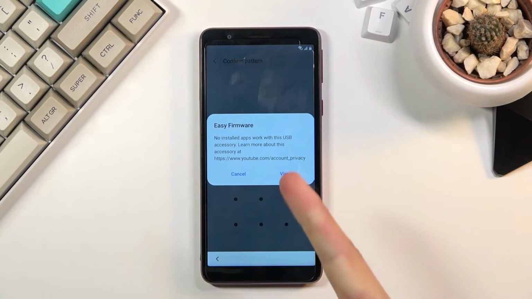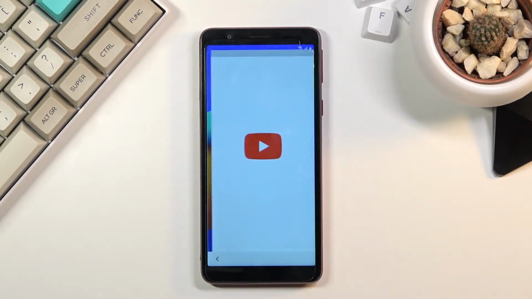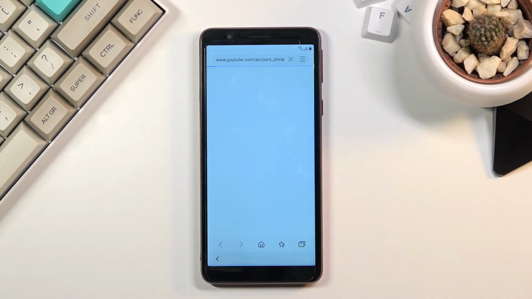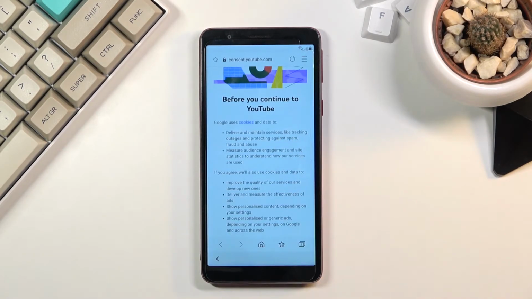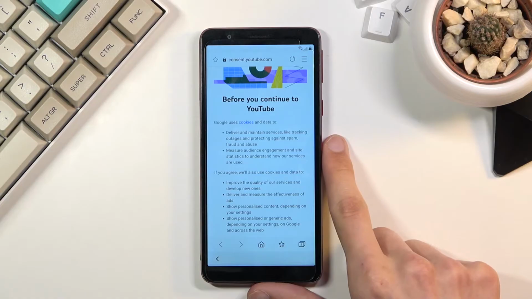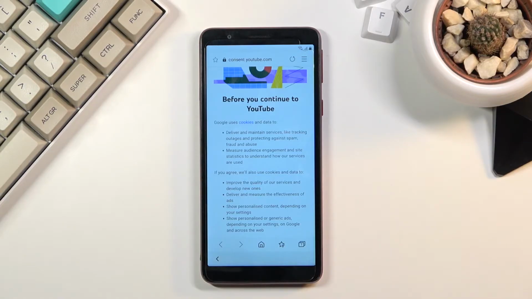Now continuing, once you see this pop-up right here, all we need to do is select view, which will open up either YouTube or web browser. Okay, there we go. So it'll open up web browser. Now I'll mention that if for some reason it opens up YouTube, which might not be the best, all you need to do to get back into your web browser is go to YouTube, to the account. You're going to go into settings, terms of service,